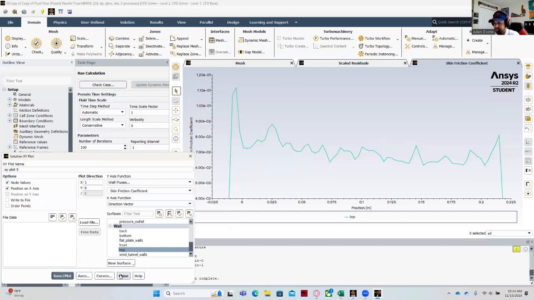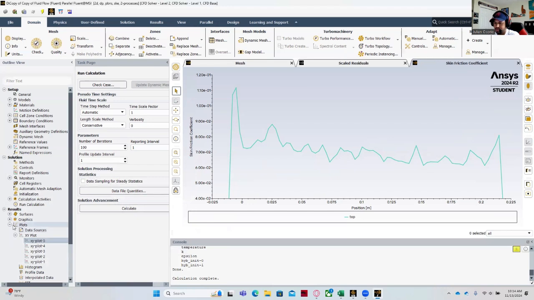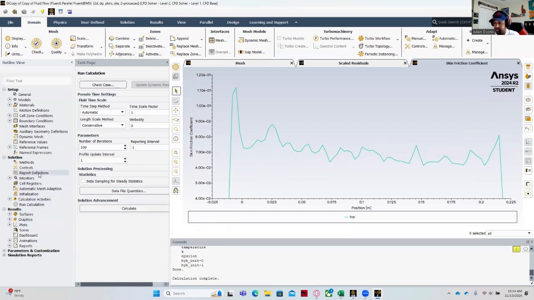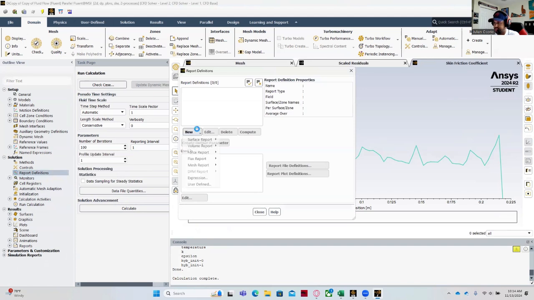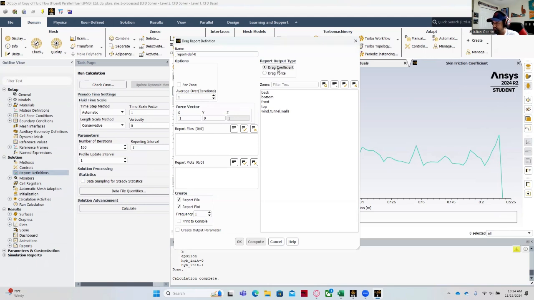And then for part F, we'll close all of these and then we'll come up here to report definitions. We'll go set to new, force report, drag, and then we can click here drag coefficient, which is what we want to find. Since we made the named sections at the mesh with the top, front, bottom, and back, we can individually see the effect of this drag coefficient, but for now we just want the top. Compute, this is what we get for the top drag coefficient, but if we click all of them,